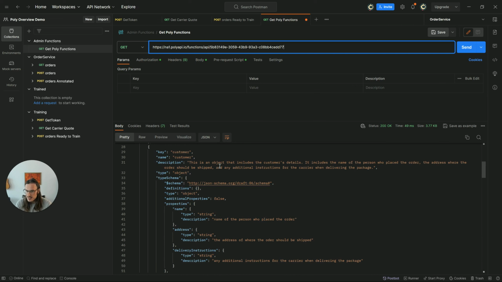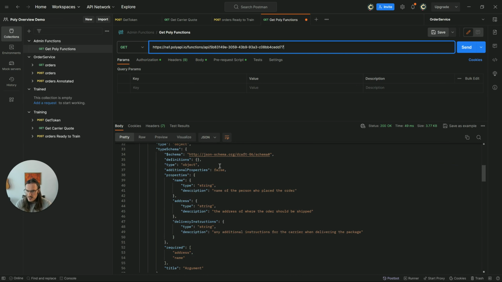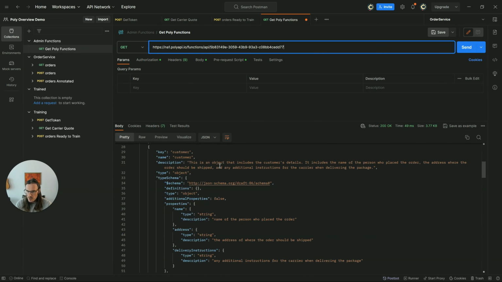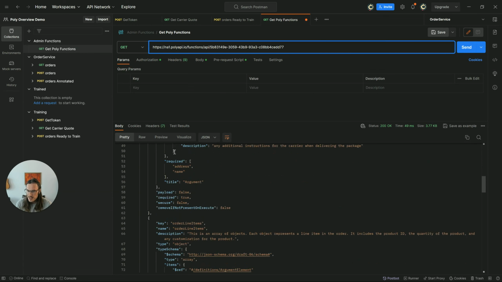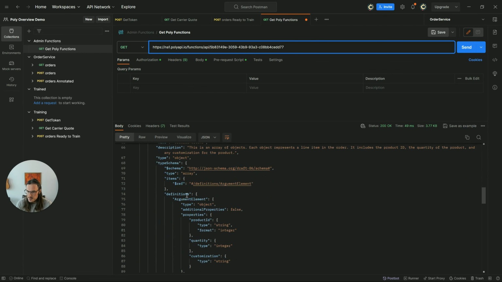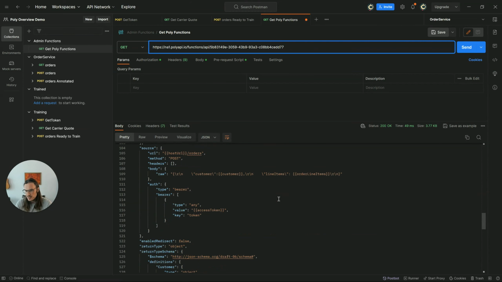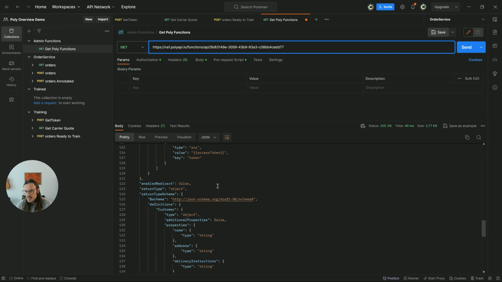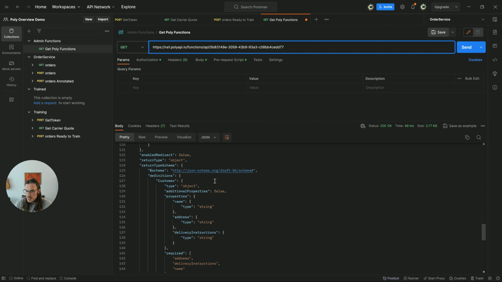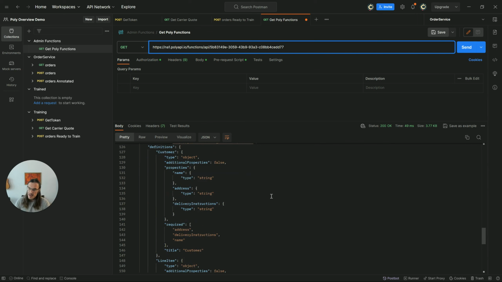We can see the schemas that were generated. So you could see that we have object definitions for both the customer and for the order line items. And we're using JSON type schema to represent this. You can think of this as kind of the core data that Poly has. Additionally, we build a source object, which shows you how these arguments assemble into the API call. And lastly, we build a return type schema that basically shows you what you're going to get back as a